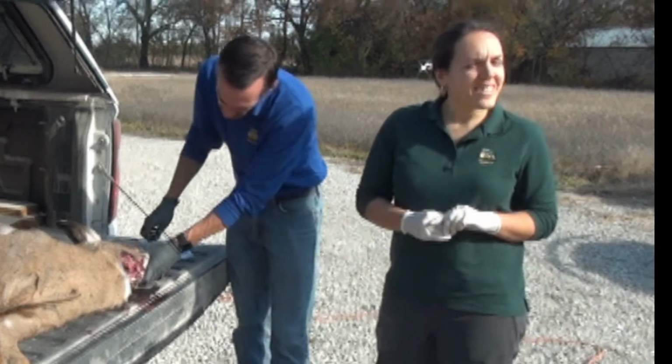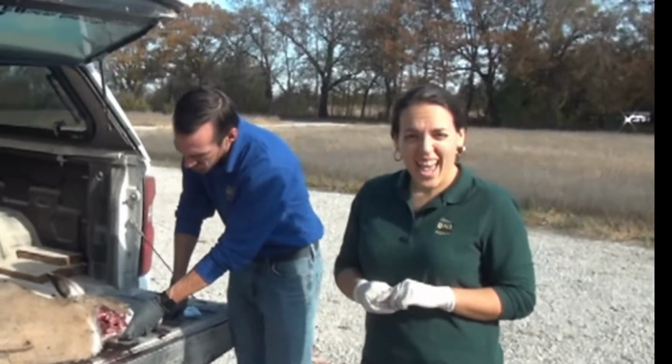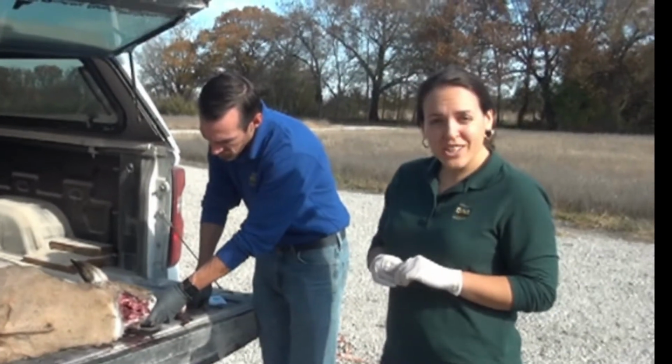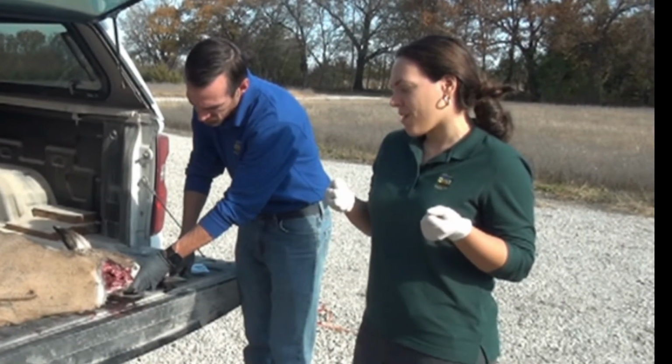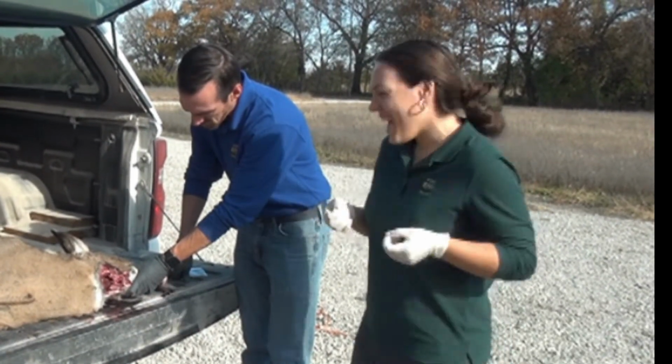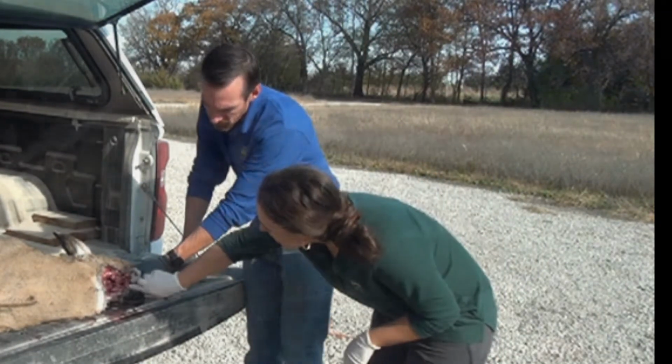This deer is a little messier because it was a roadkill. It definitely had some fractures to the head. So in a clean hunter harvest, these tissues would be a lot more distinct and defined, and they'd probably be a lot less bloody. So first we're going to point out